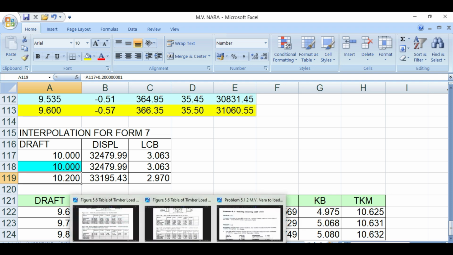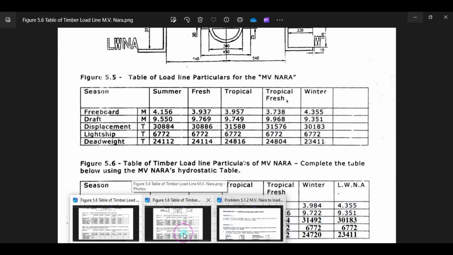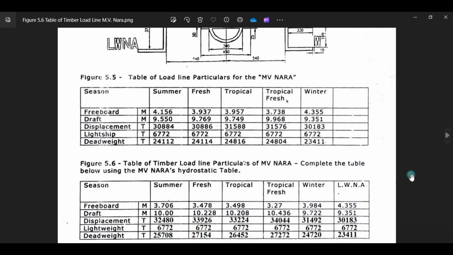And the next figure is the lightweight. When you fill it up, the displacement is already 32480. It is already interpolated. You put a light ship, which is 6772, and the deadweight will be, you just subtract this, 32480 minus 6772, then your deadweight will be 25708. Then we go to the next column, which is the fresh